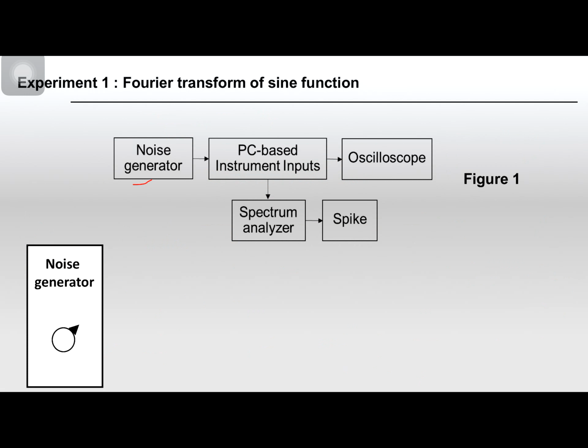For experiment 1, construct a circuit according to the block diagram shown in figure 1. Then use the noise generation module to display the noise signal on the oscilloscope. Here you just generate the noise and display it on the oscilloscope.